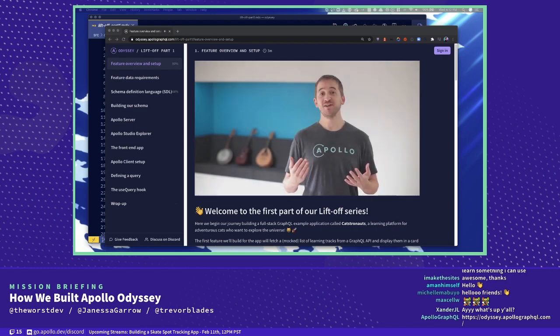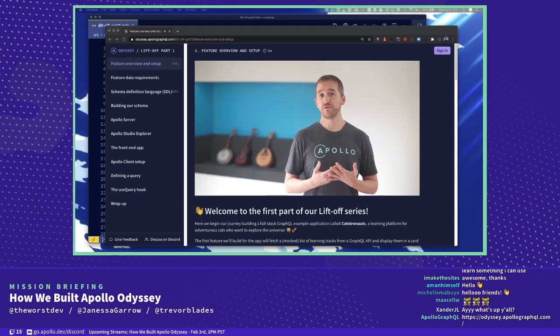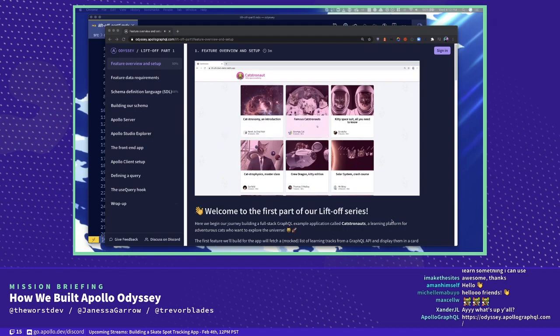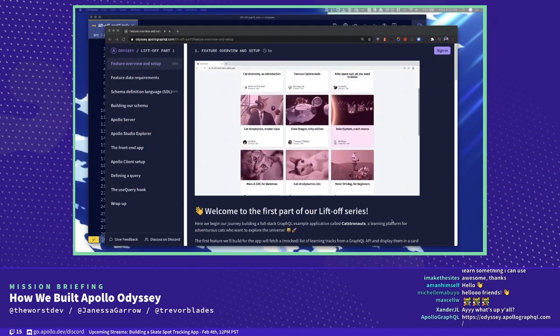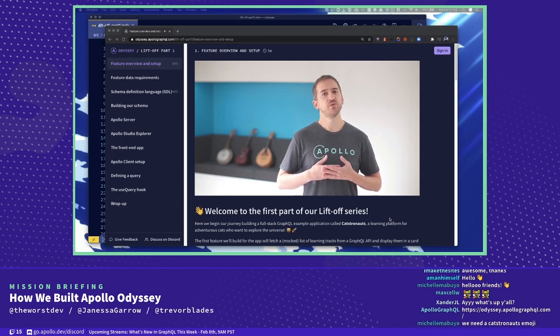On the first part of our Liftoff series, we begin our journey building a full-stack GraphQL example application, Catstronaut. It's a production-quality learning platform for adventurous cats who want to explore the universe. The first feature we'll be building for this app will fetch a list of learning tracks from mock data on the server side and render them as a card grid on our homepage. This is how it will look when we're finished. To build this feature, we will use a Schema First approach. That means that we'll implement it based on exactly what data our client application will need.